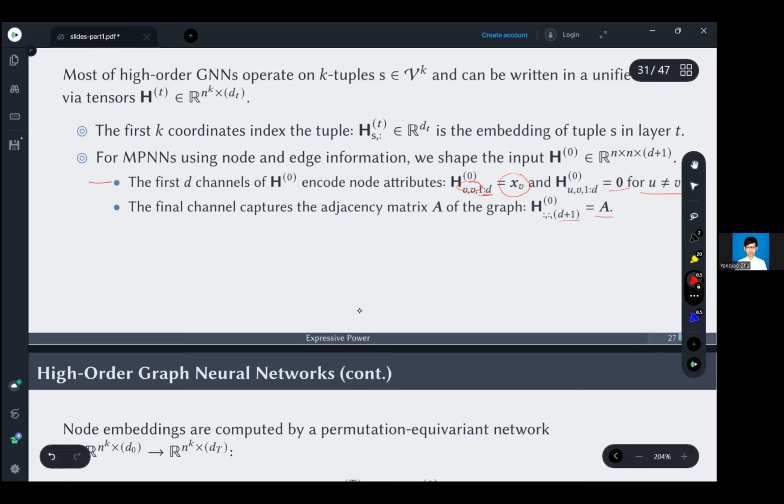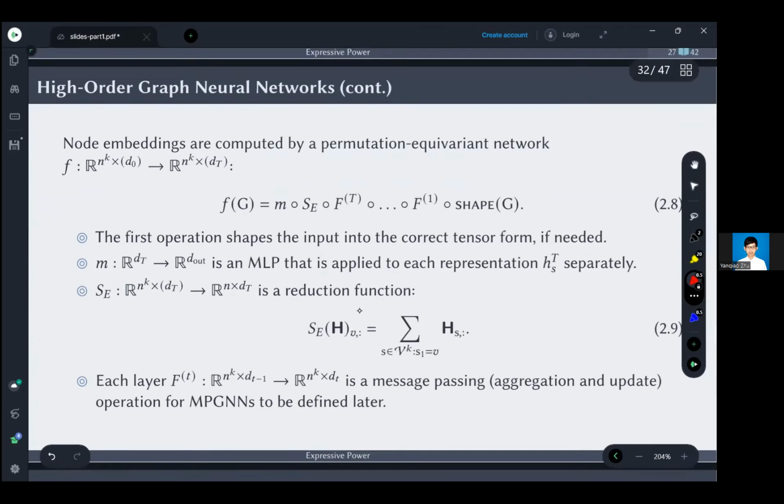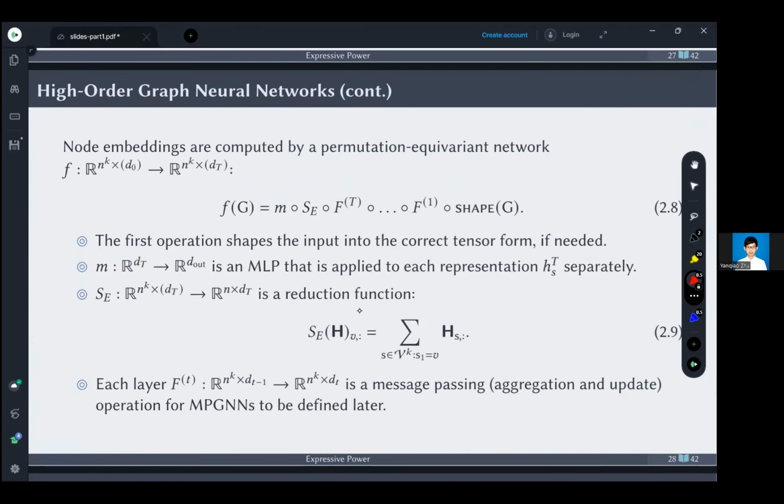Basically, this is the node feature, the feature-level information, and the second one is the structure-level information. We can use this way to represent a graph in tensor form. And after we have this set up, we can have a general form that operates on this tensor. This shape function, as I mentioned, shapes the input graph into tensor form, and after that you will have multiple